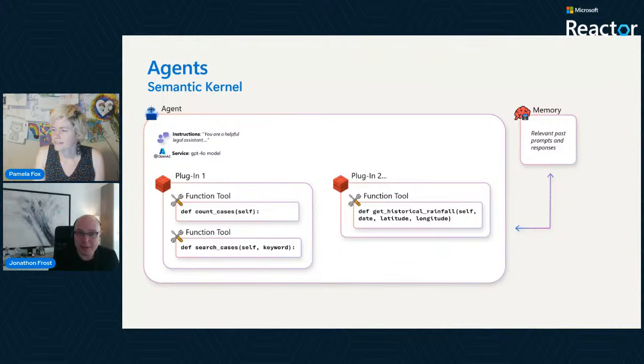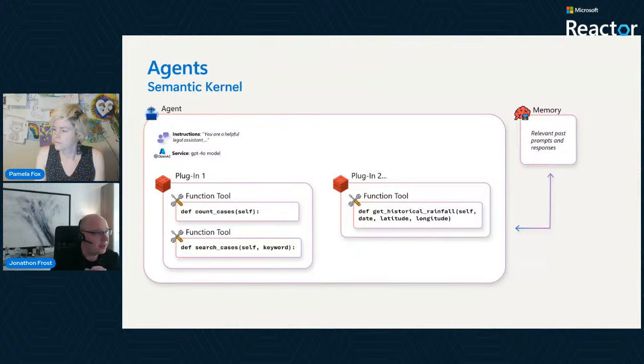Great. Okay. So Pamela gave a really great foundation of showing the features that we have in Azure Postgres for doing things like vector embedding and also vector query searches. To take the next step and look at how we can bring this together into an agentic model, I'm going to be walking through how Semantic Kernel works and how we're actually going to be using it in this application that we're going to be walking through shortly. So one of the key things is that we are able to create into our agents this notion of plugins and function tools.